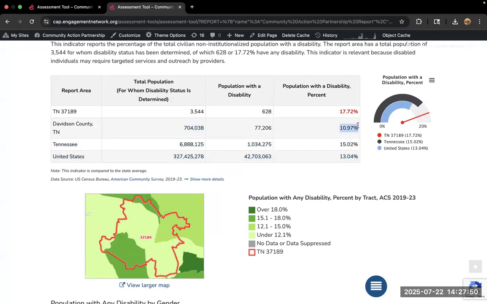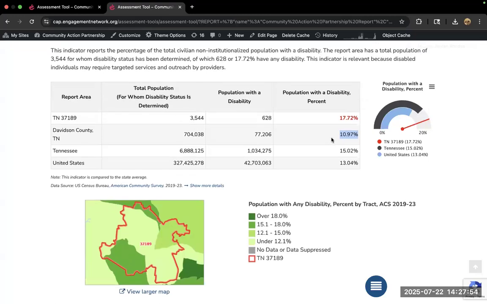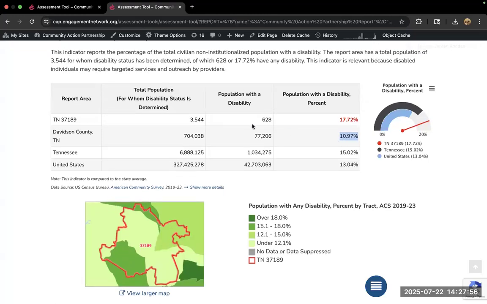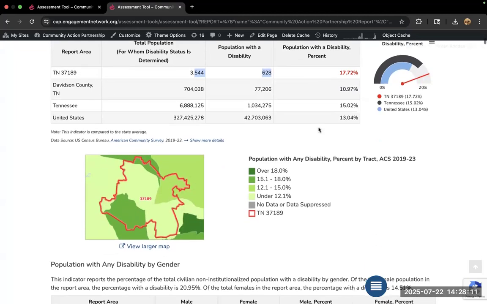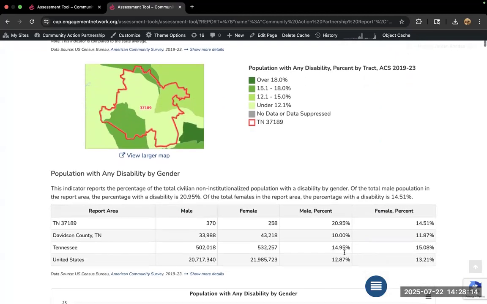And it says Davidson County is doing much better than the state in terms of percent of population with a disability, right? But when we get into this little area that was probably overshadowed a bit by some of the large numbers coming out of the Nashville area, we get a very different story. And so we try to give you the ability to drill down as granularly as possible.